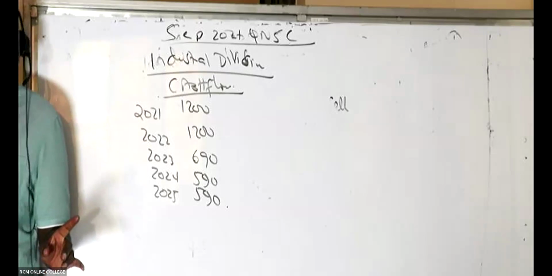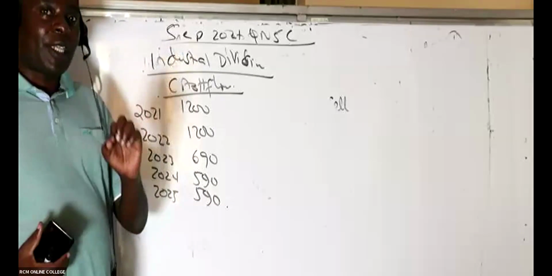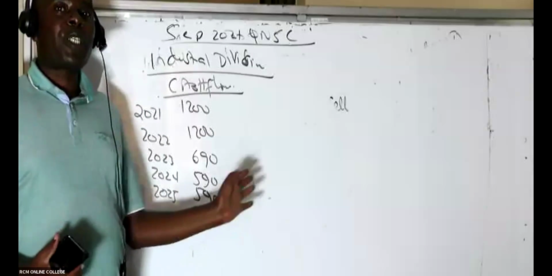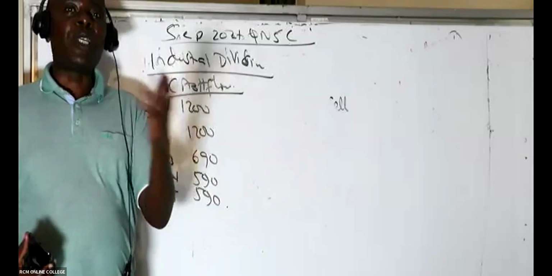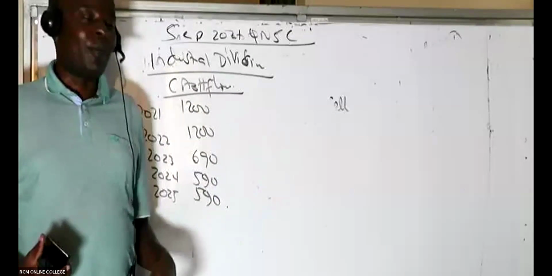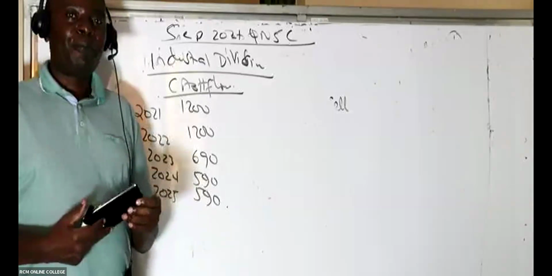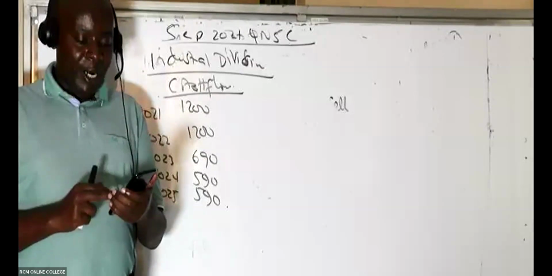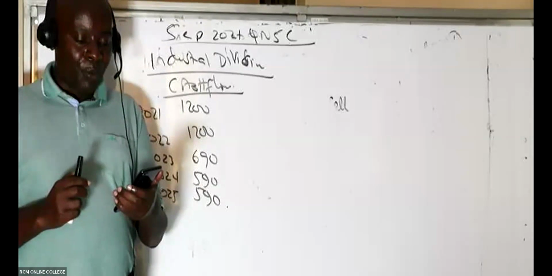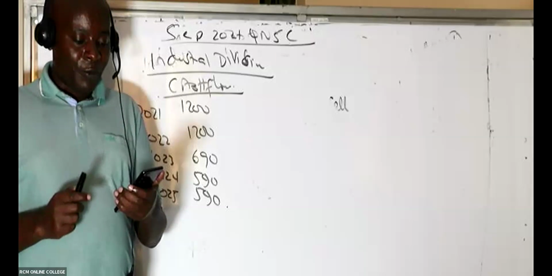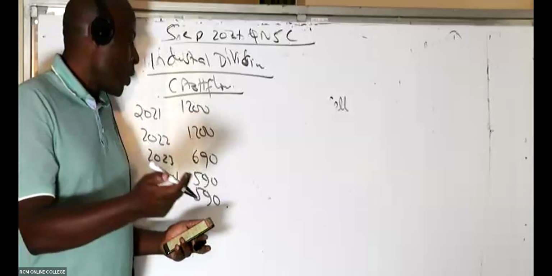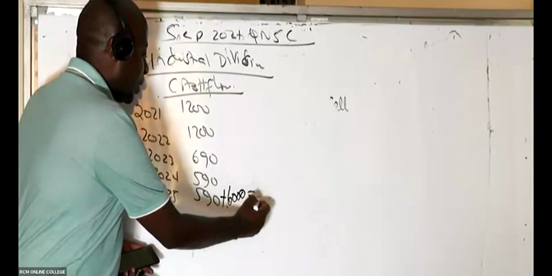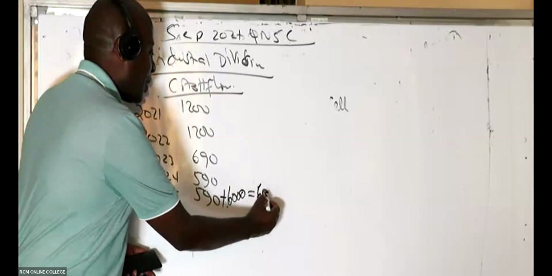Thank you very much. So then remember here, the confusing thing was that in 2025, they are going to sell the entire division. And then they are going to realize how much. Are you able to see the amount recoverable in 2025? How much are we going to get in 2025 if we sell the industrial division? From note number one, the industrial division could be sold at the end of the year 2025 for an estimated 6,000, isn't it? So that's a new cash flow coming to us in 2025. So you can include it here, plus 6,000. So meaning that for 2025, you're supposed to talk of 6590,